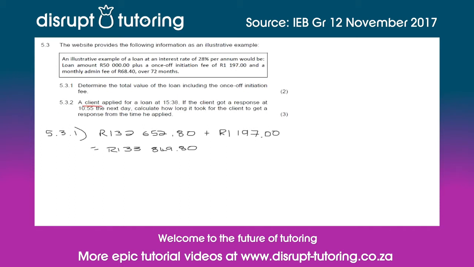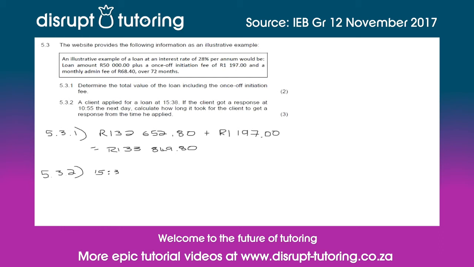5.3.2. A client applied for a loan at 3:38 or 15:38. That's the time given there. If the client got a response at 10:55 the next day, calculate how long it took for the client to get a response from the time he applied. So for 5.3.2, first we need to go from